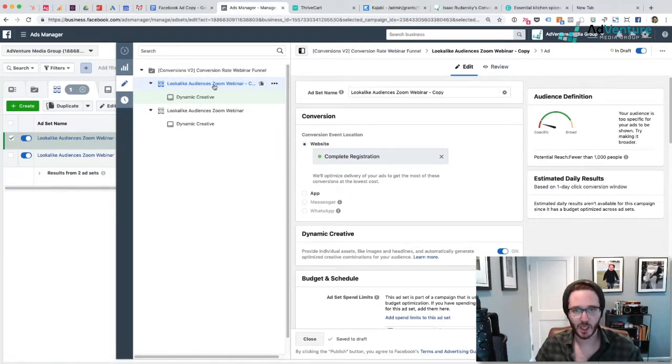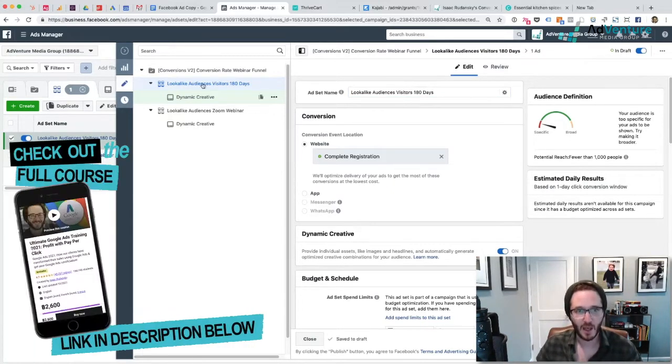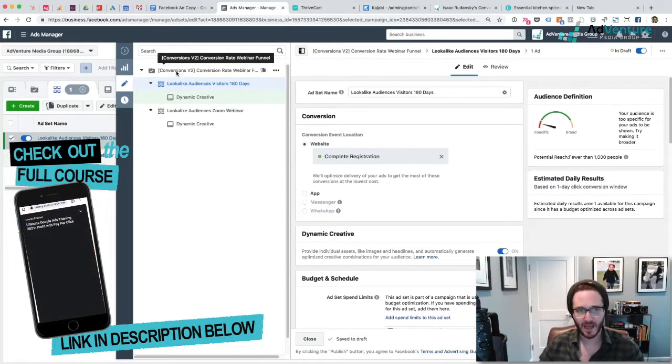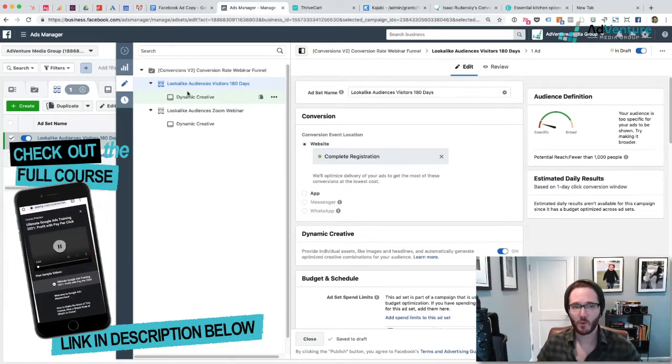So now I have this set up. I could change the name of this. So this will be lookalike audiences, visitors, 180 days. I'm going to create lookalike audiences from my previous website visitors, because of course I have the Facebook pixel on my website. And the only thing I'm going to really be messing around with is just this one pane, the lookalike audiences, the ad set level. There are 3 levels of the hierarchy. You have the campaign, you have the ad set, you have the creative. And once I'm done with my creative and I'm duplicating, I'm just going to be